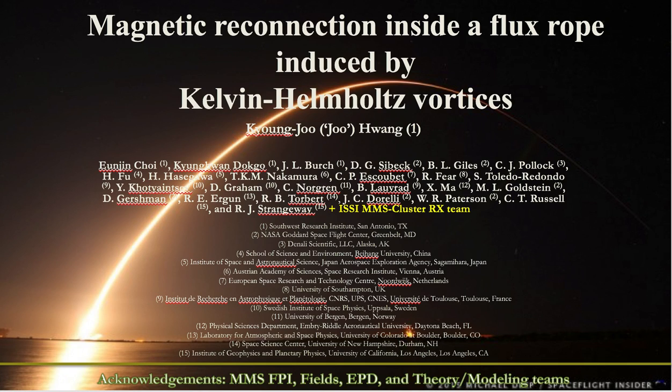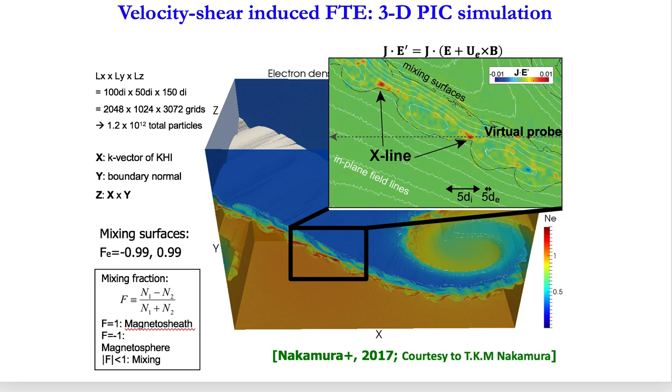Hello everyone. I'm going to talk about magnetic reconnection inside a flux loop induced by Kelvin-Helmholtz vortices. So let me start by showing 3D PIC simulations of MHD-scale KH waves by Nakamura et al. Their study predicted the formation of a series of flux loops, or flux transfer events, of 10 d_i size